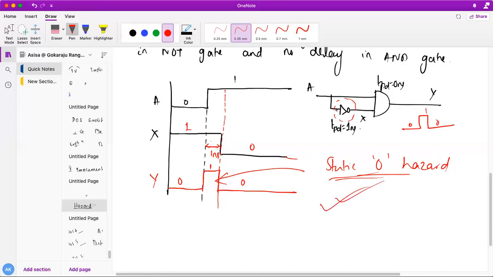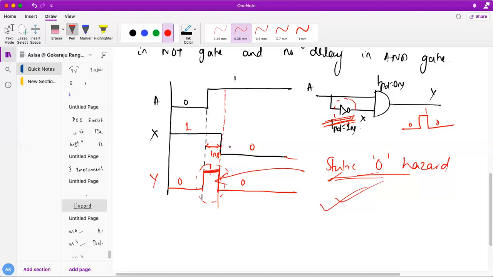What I have done here is, because of the 1 nanosecond delay of the NOT gate, I am getting an unwanted output 1. I was initially thinking I would get a completely 0 waveform because my circuit looks like this, but because of the 1 nanosecond delay, the tau PD of the NOT gate, I am getting 1 over here at 1 nanosecond. So this is called static 0 hazard. So I'm not getting static 0 now. There will be some unwanted change of 1 in the static 0. So this is called static 0 hazard. Do you all understand? It's very simple and very important.